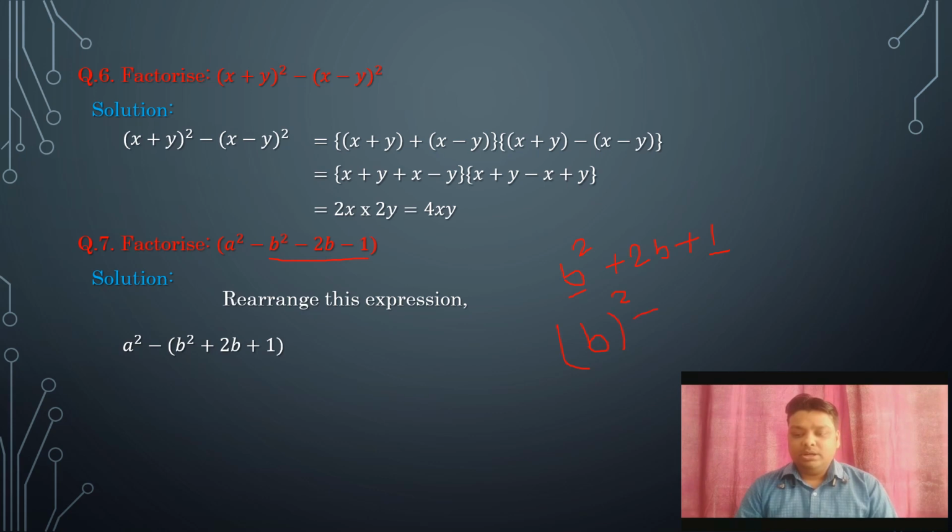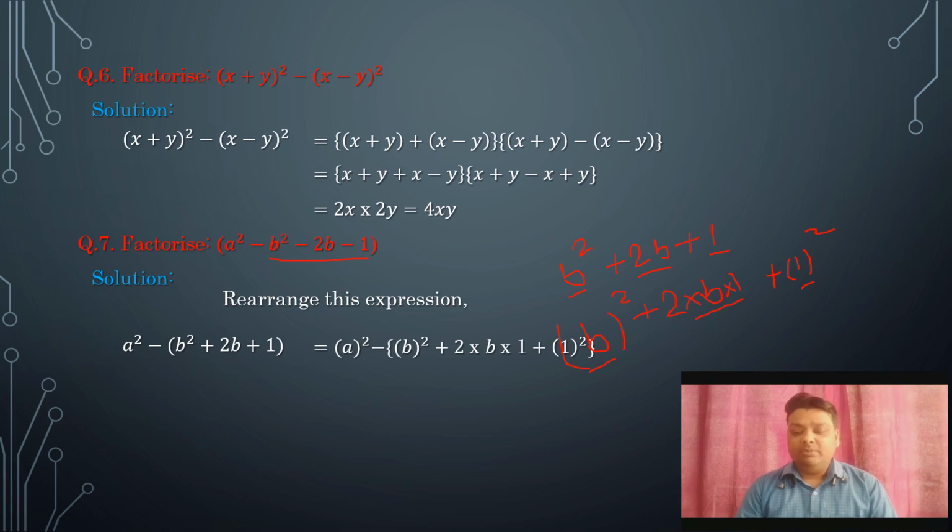Leave the middle term right now. Now last term 1. We can write 1 as 1 square. So you can see it is a and it is b. So in between, the formula will be 2ab. 2 into a, instead of a, b is here, into b, b is 1. So 2 into b into 1. It will be 2b. It means matching. It means we can write it like this.